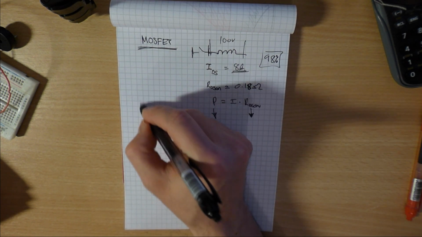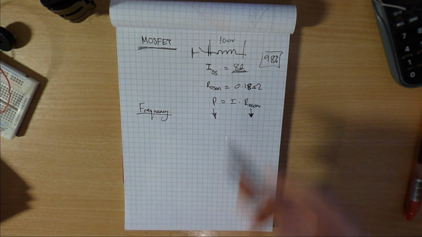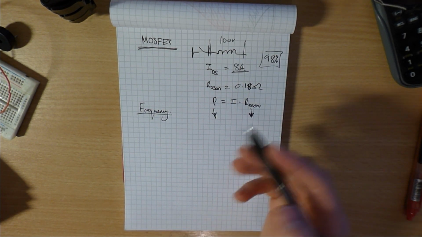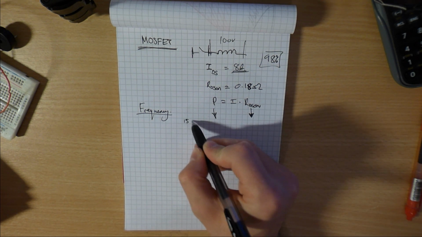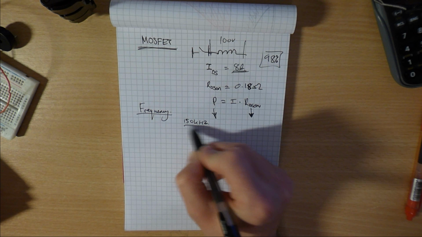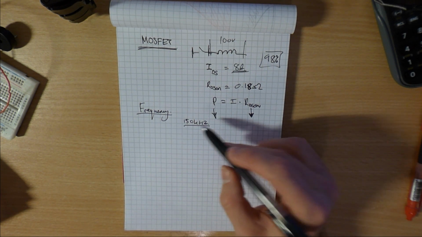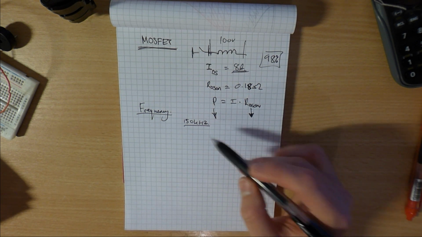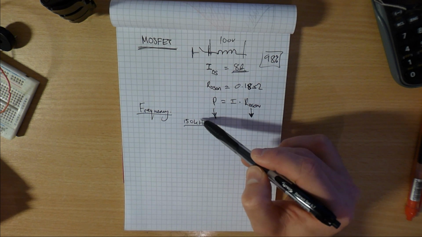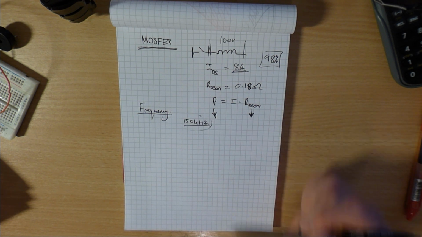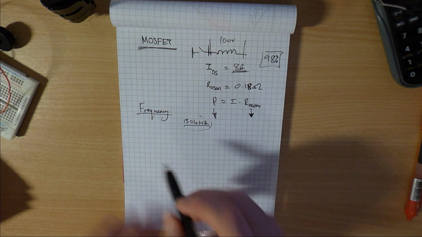Another thing we need to look at is the frequency, because we need to know how fast we're switching this. That will then allow us to do the calculations for the bootstrap circuitry on the IR2110. So I'm going for 150 kilohertz. This is because Tesla coils kind of resonate between 50 kilohertz and maybe 1 megahertz. The Tesla coil I'm looking at making is going to be around this figure, so hence why I'm designing it for that. And then lastly, the bootstrap